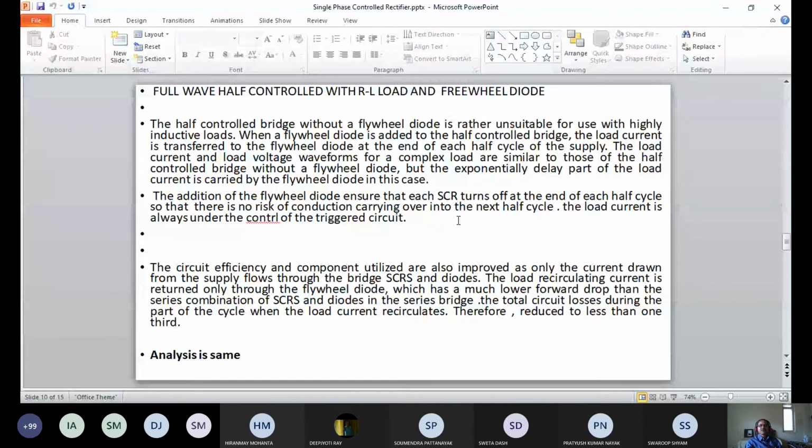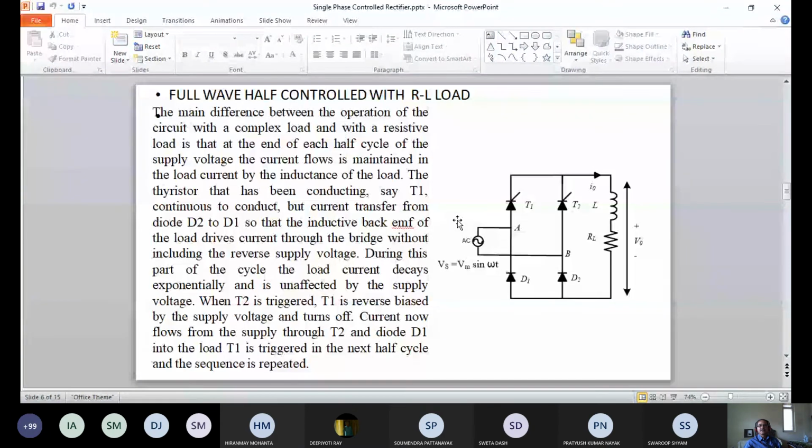I can ask some more questions because it is a complicated circuit, for newcomers especially. You have to apply your brain a little bit. The thyristor is reverse biased, still it is not turned off because the current is not less than the holding current, so there is an inherent freewheeling action. And for a diode, no need to apply a gate signal because there is no gate. It only requires a forward bias to conduct and a reverse bias to turn off, right?